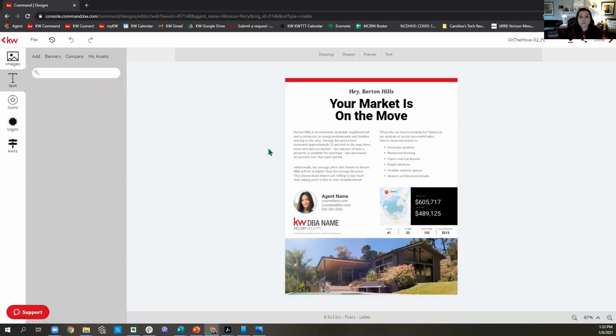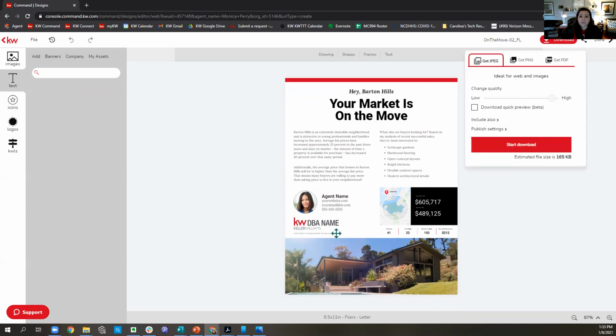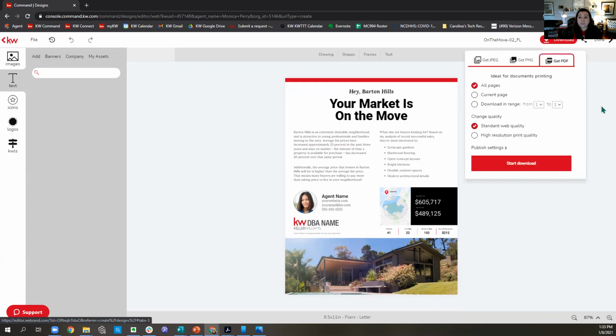And you want to download it to actually print it, which I do very little of. When you come up here in the upper right to download, if you wanted to just share this flyer online, you could download it as a PNG, right? But if you're going to download it as a PDF for printing, what I have found the best way to do that is to use high resolution print quality,